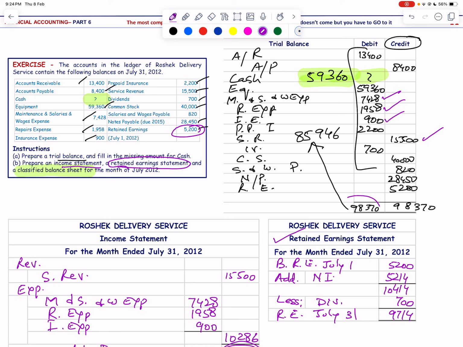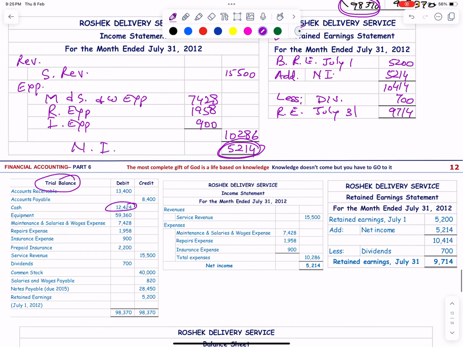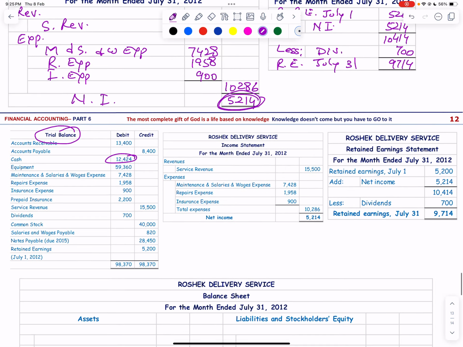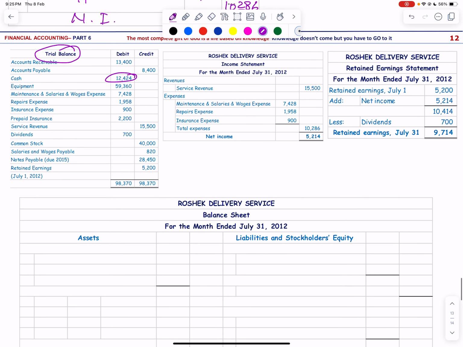So the total of the credit minus 85,946, the total will be 12,424. Okay, so we have cash 12,424, and we have the trial balance, we have the same net income and the retained earning statement, and finally